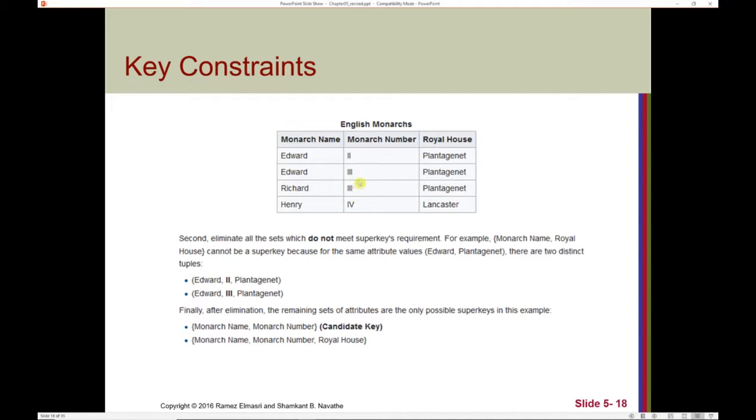Well, we have two cases of 3, so no. And the same goes for royal house. So these are not superkeys. We don't have unique values. Then we have to look at the other combinations that were presented to us, including the combination of monarch name